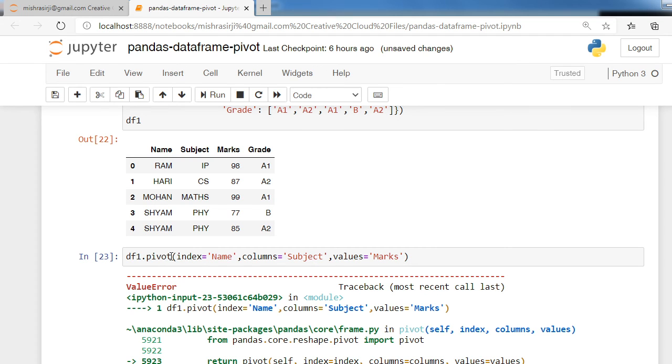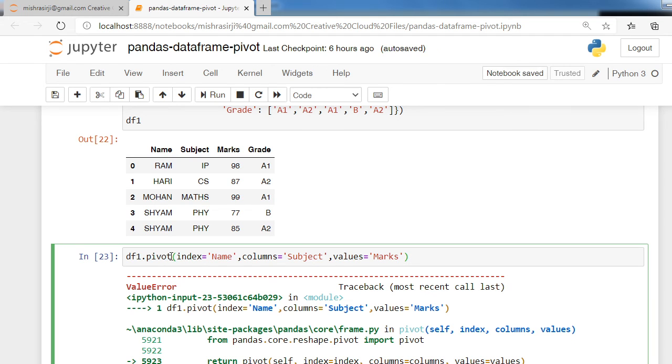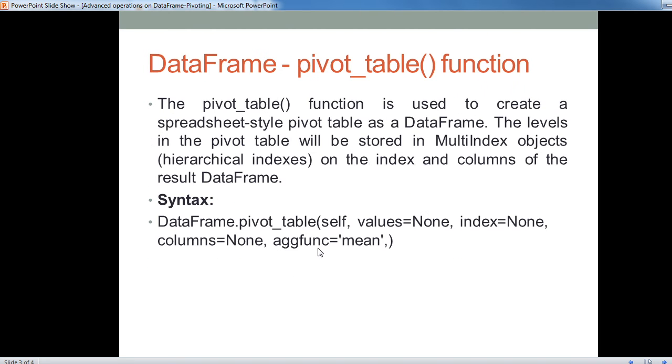So we can remove this error with the help of another function, that is the pivot table function. The pivot table function is used to create a spreadsheet style pivot table as a data frame. The labels in the pivot table will be stored in multi-index objects on the index and columns of the result data frame.